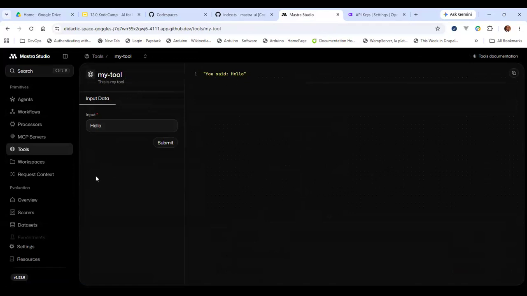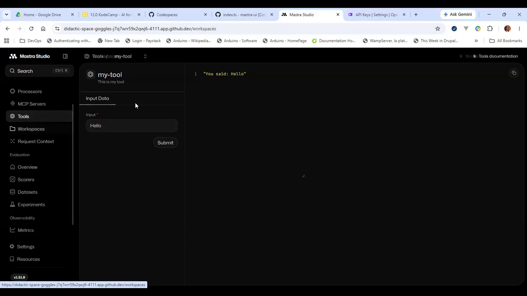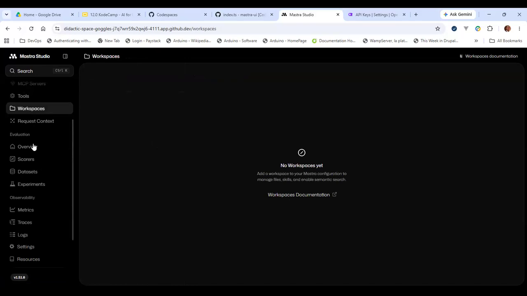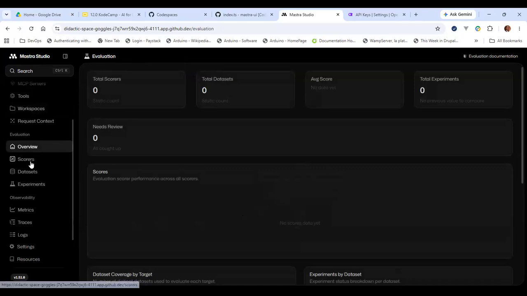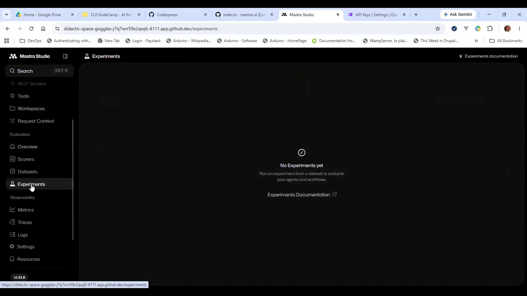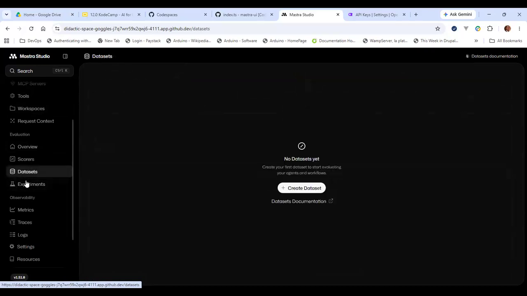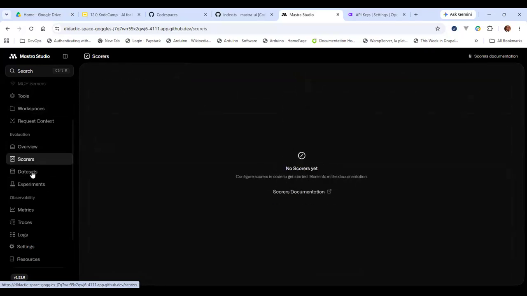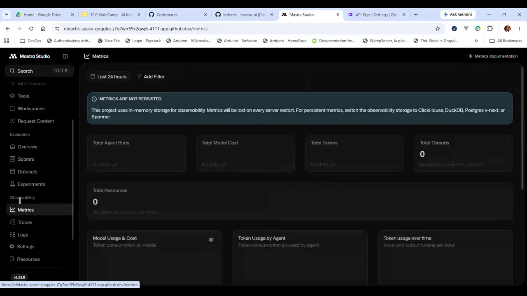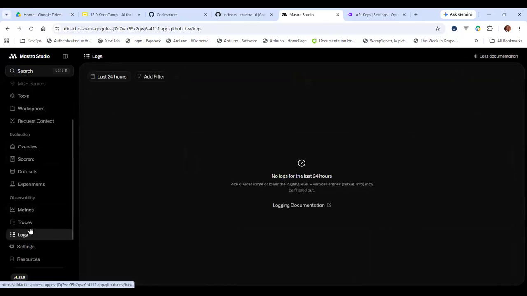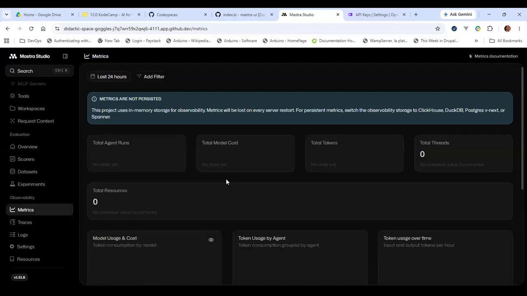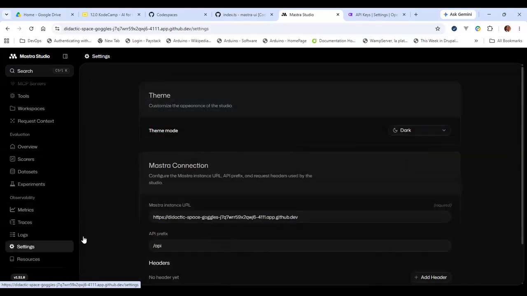You said hello. So in Mastra, everything that we put in that workspaces, we did not create any workspaces. So we'll talk about that when we come back. The interesting thing is that from Mastra Studio, you can do an overview of the entire thing. You can also do experiments. This is where evals and so on come in. You can have data sets and sets of experiments. And then evals. You can look at metrics. This is observability, like we talked about: metrics, traces, logs. We did not tie in observability. We didn't configure it. So everything just boils down to configuration.